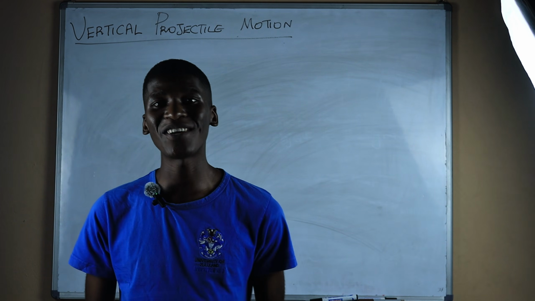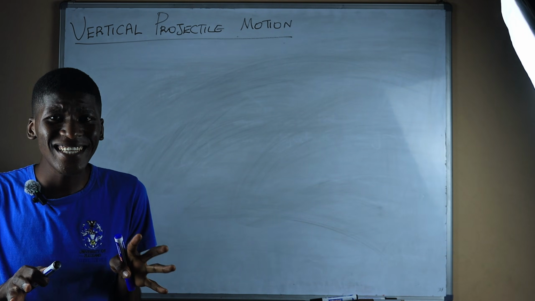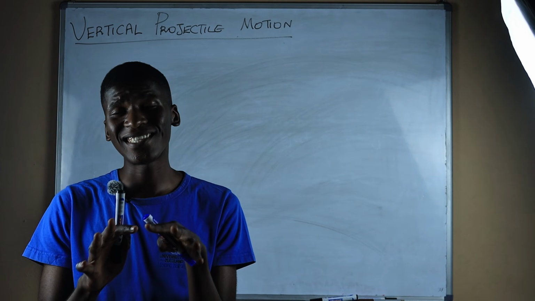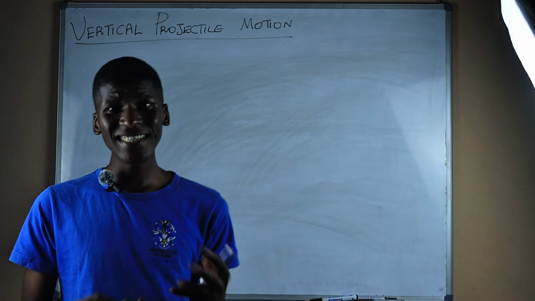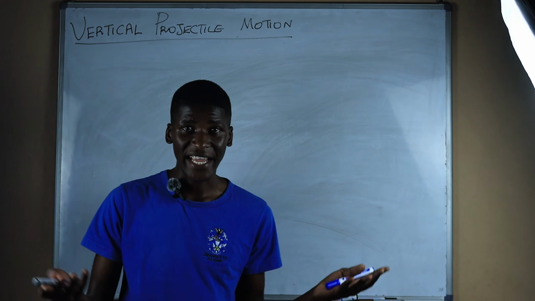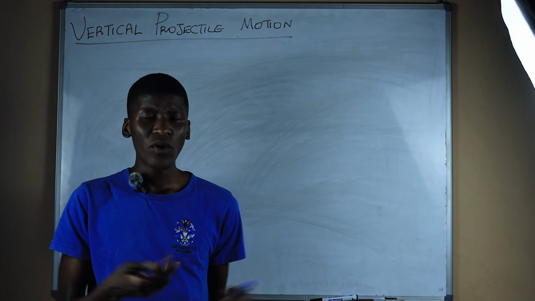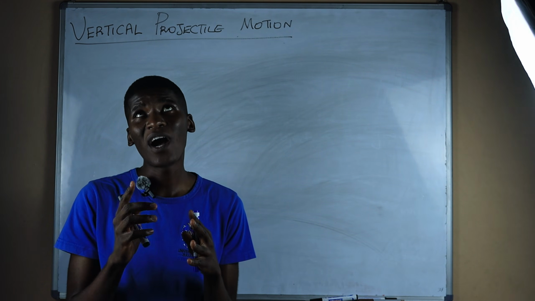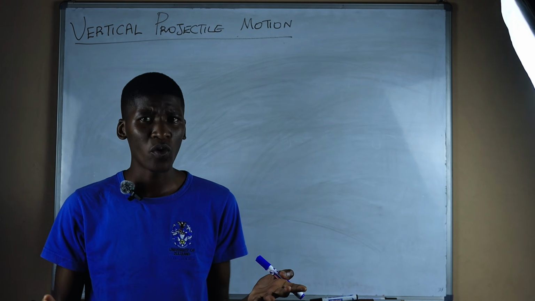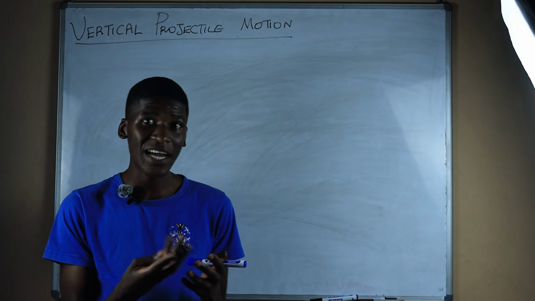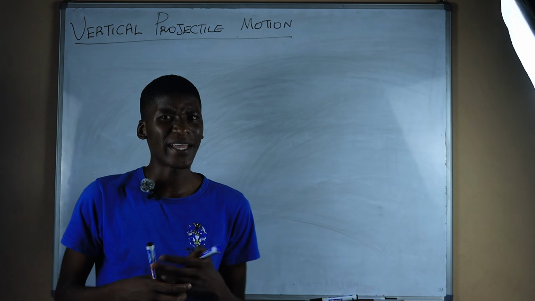Today we'll be starting with vertical projectile motion. This is not anything new, because it's something that you do each and every day, practically. Let's say you throw an object into the air. What happens to the object? Does it go up and up and up to the clouds until it rains? No. The object actually comes back down into my hand. I mean, look at this. It goes up and back to my hand.